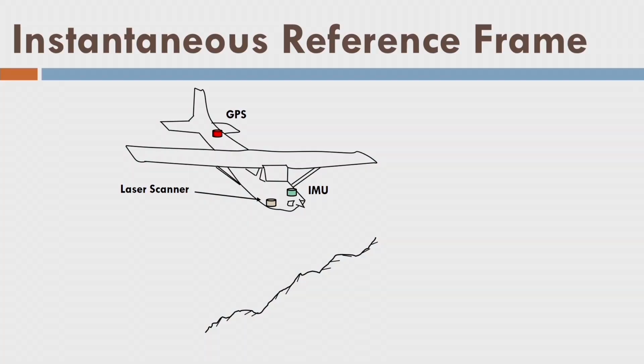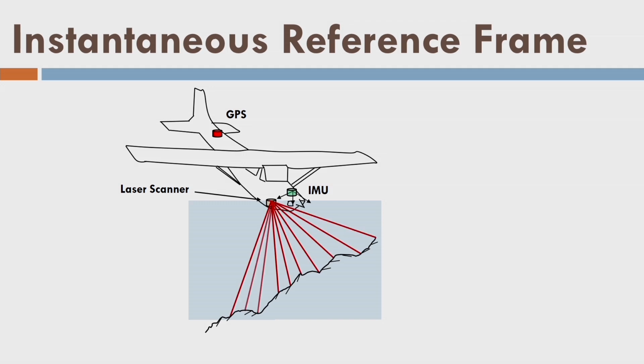So with this understanding, now let us look into the animation. There is a plane and there is a terrain, and now the laser scanner is going to acquire the data like this. These laser pulses are fired on the surface and these are reflected back to the scanner, and the scanner has received them, determined the range R and the scan angle eta. What is the scan angle? Scan angle is the angle of a laser pulse with respect to the vertical.